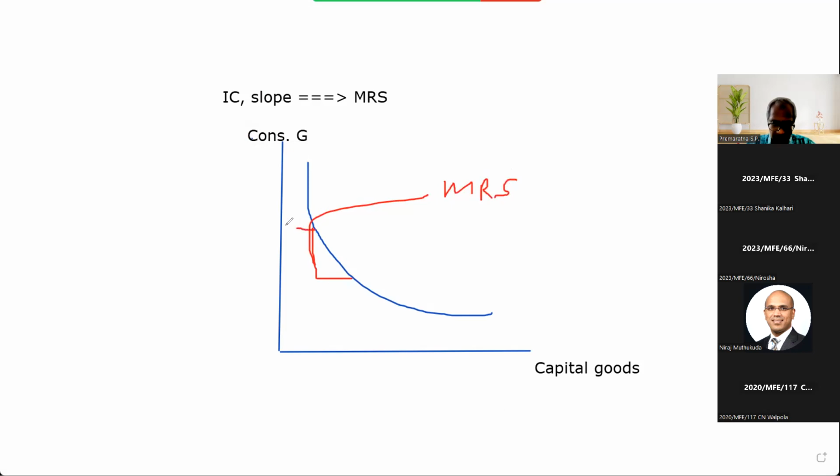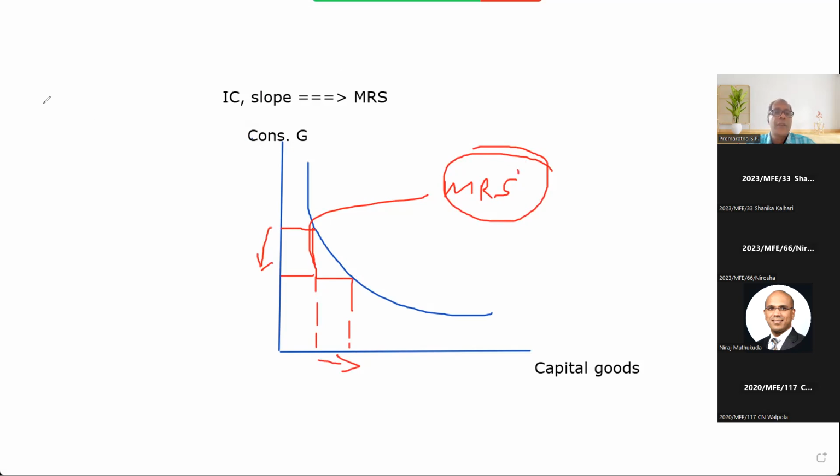So about the substitution, if you want to buy more of the capital good, you have to give up some of the substitute. It is all about the willingness to substitute. So you can see it's a trade-off here, definitely. And the opportunity cost is also there. So this slope is the marginal